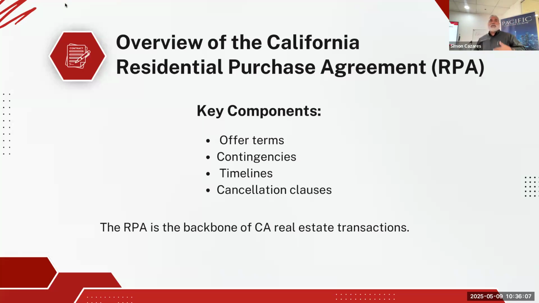So part of the beautiful thing about what we do is this form called the RPA, Residential Purchase Agreement, right? In essence, that's what you need in order to submit an offer: price, terms, and conditions. Part of that process is, when you're showing properties in the beginning and your client identifies a property that they really truly want, they ask you to submit an offer, right? Yeah, we want this place. Let's go ahead and submit an offer.